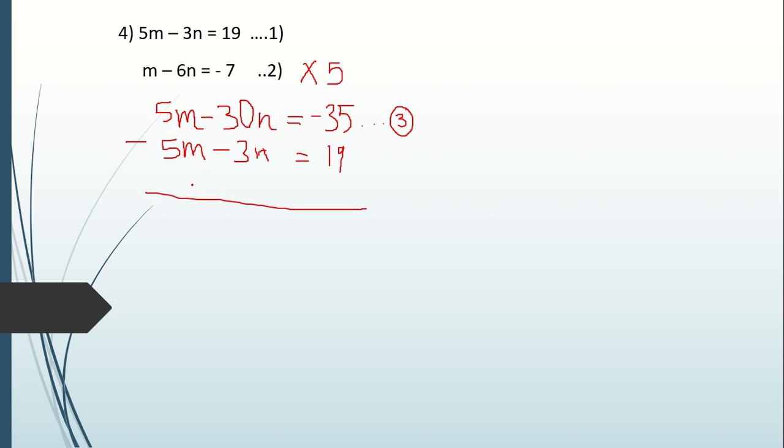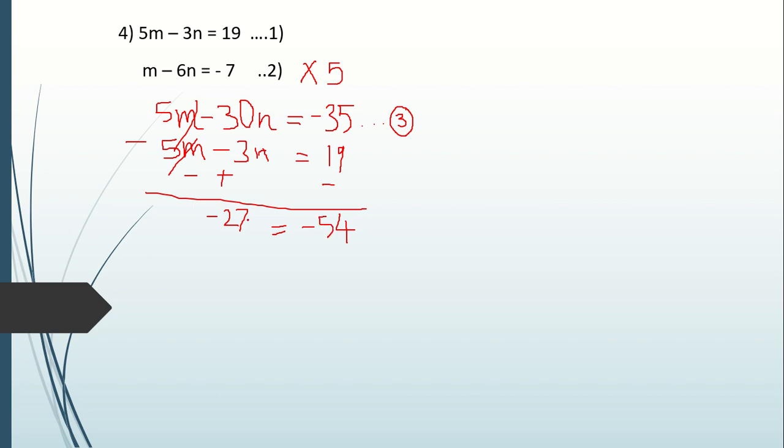Okay, now when you subtract, the signs change, as I told you: minus, this will become plus, this will become minus. Now 5m minus 5m is getting cancelled. Minus 30 plus 3, different signs, we should always subtract and give the sign of the greater number. So that will become minus 27 when we subtract, and the sign of the greater number is minus. And here minus minus, similar signs, you should always add and give the same sign to the answer. So when you add, you get minus 54.